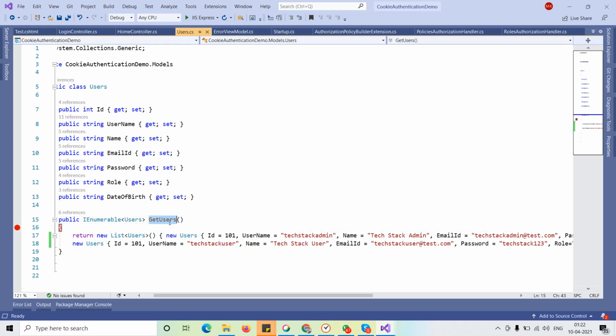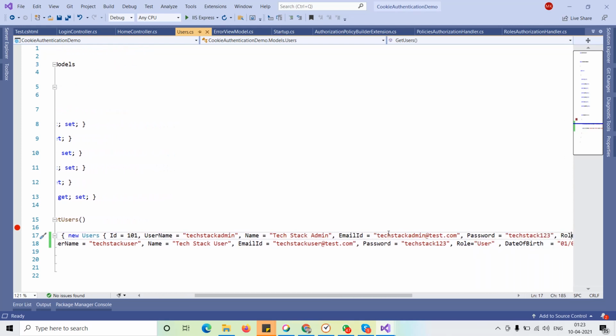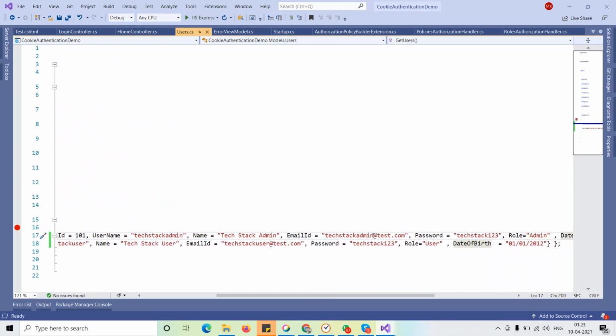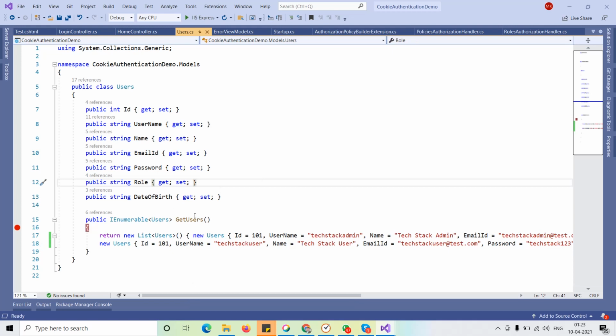I have created a static list of users. Basically, one is the admin and the second is the normal user. You can see one has the role admin, and the second one has the role user. We will use this list everywhere whenever you want to log in.